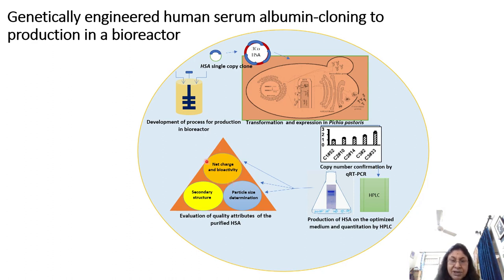Similarly, the net charge can be measured, and particle size determination. Why? Because a native human serum albumin is going to have a certain size, since it's a globular protein with a certain diameter. But if the protein starts to aggregate together, then in a particle size estimator you will see much bigger particles coming. So you will know that the protein which you have synthesized is aggregating, which is something you would like to avoid, because you would like this recombinant protein to be as close to the native protein.